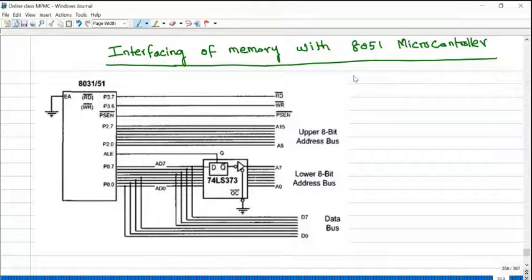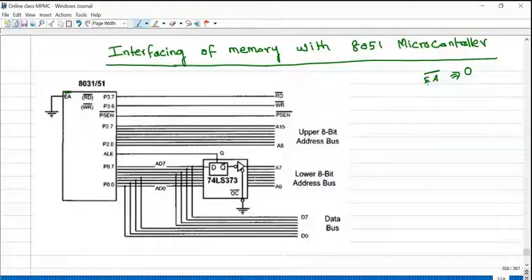So what pins are involved in interfacing a microcontroller with a memory? External access pin. EA stands for external access. This is an active low signal. What do you mean by active low signal? Wherever the complement symbol is there, that particular pin is active low. Meaning, if we apply 0 on this pin, the corresponding operation will be enabled.